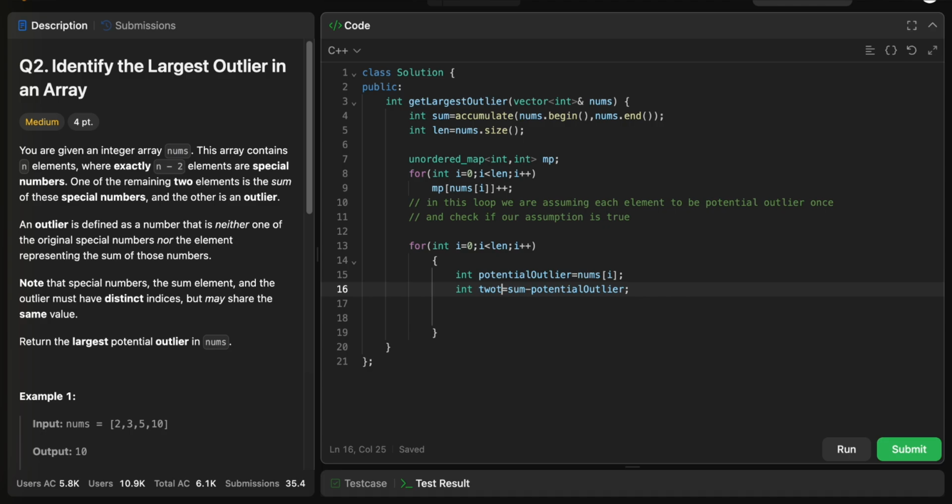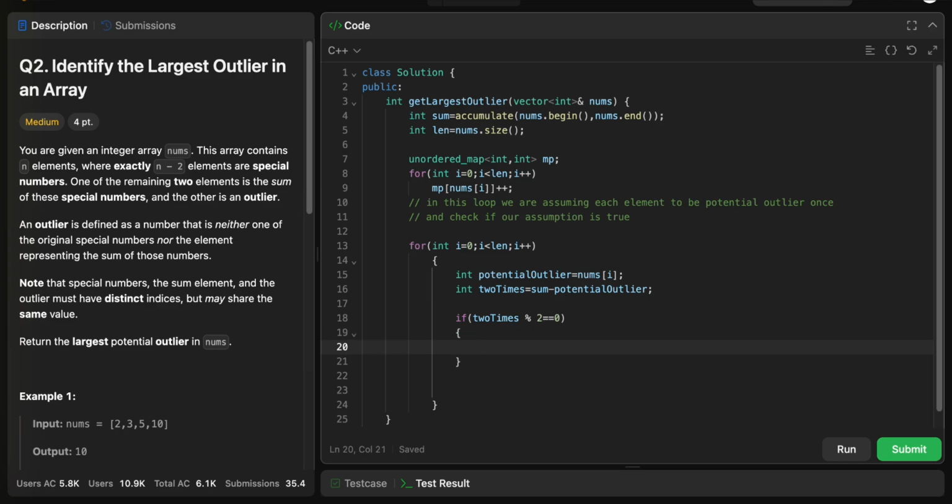ओके, now if this 2 times is completely divisible by 2 means there is a chance that its half is present in the array. If it is not divisible by 2 then there is no chance, so we'll move to the next element in the array. Okay, if it is divisible, now what we'll do,